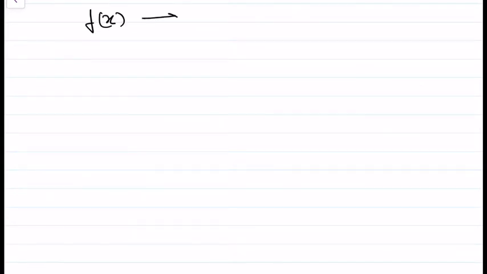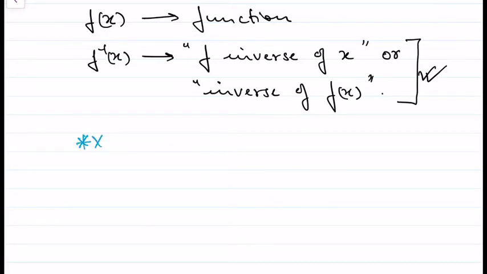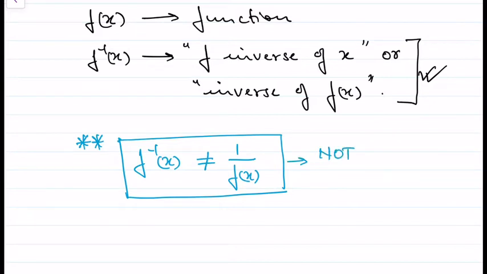So if f(x) is a function, then f inverse x is f inverse of x, or inverse of f(x). Both are the same thing. And please note that f inverse x is not the same as 1 over f(x). It is not a negative exponent. So we cannot say f inverse x equals 1 over f(x). Also,